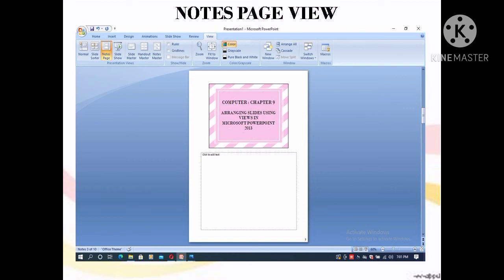You can write down the notes over there, print it out and give it to the other people so that they are familiar with the topic which you are showing to your sir, boss, office, ma'am, whatever. Okay, so in the notes page view, you can give the notes on your slide.